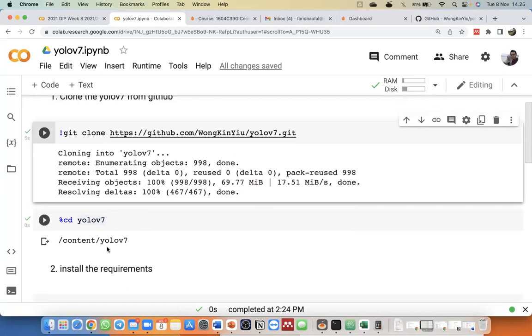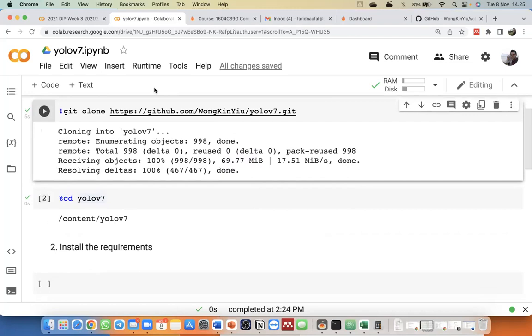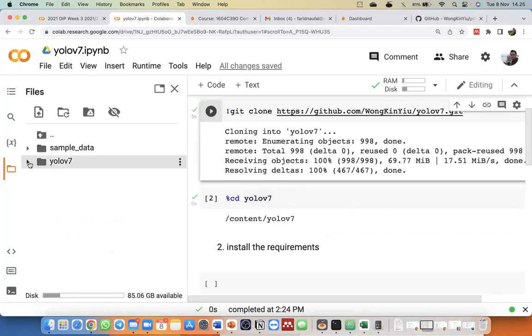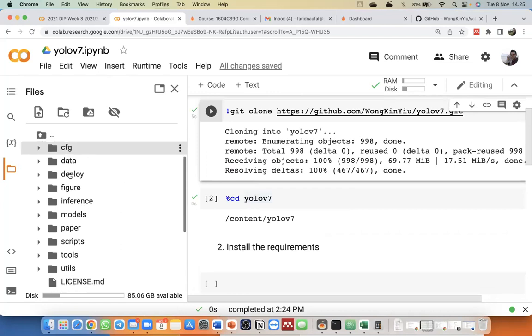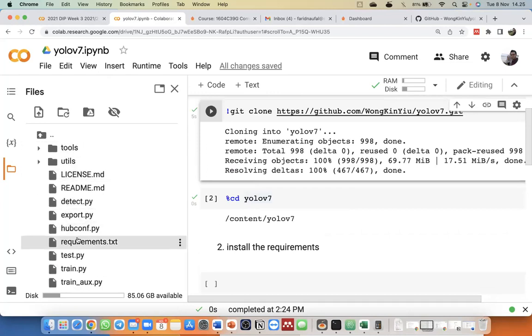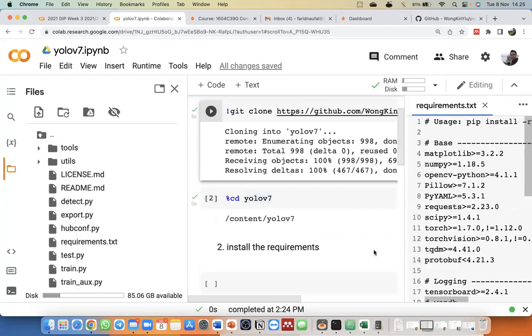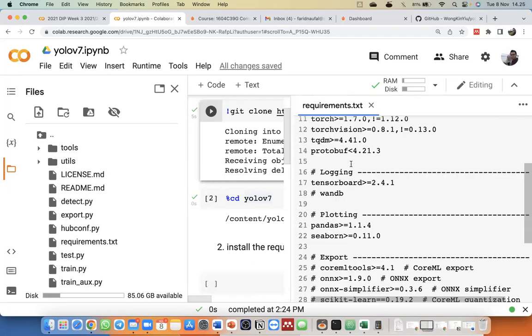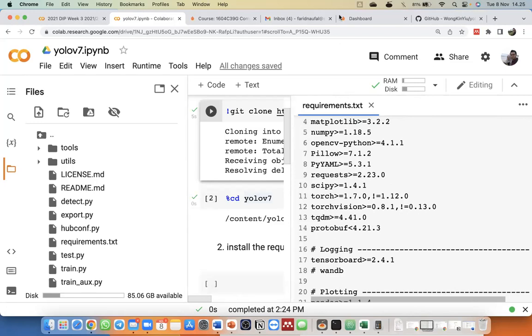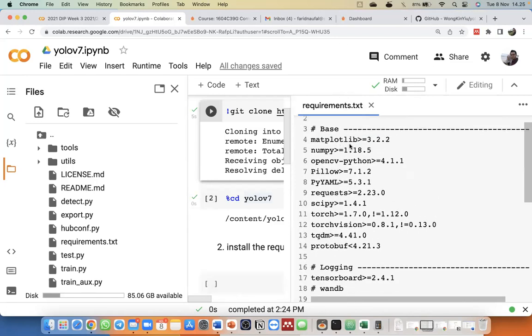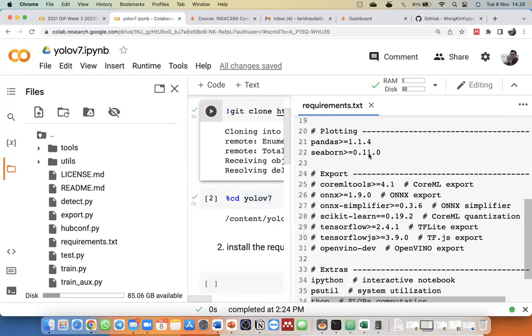Okay, the next step is installing the requirements. In our directory in YOLO v7, we have the requirements.txt here, right? This is the requirement for running YOLO v7. As you can see here, the version of matplotlib should be 3.2.2, and the version of NumPy should be greater than 1.18.5, and so on.